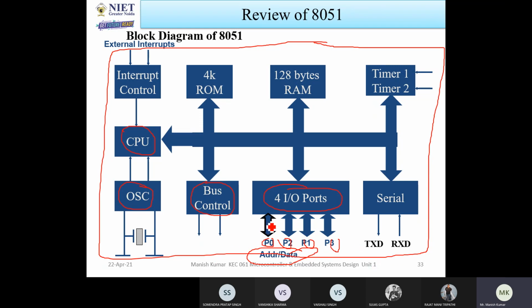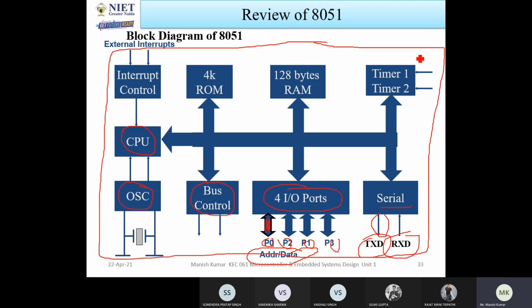Now you can see this line is thicker. It means P0 has more than 1 bit. Already I told you, whatever ports there are, P0, P1, P2 and P3, each is 8 bit. So it means 8 different lines. That's why it is not indicated like this. Again, serial communication: one serial interface, for transmitting and receiving data. If you connect this controller with an input device, you can receive data from it, and for an output device you can transmit data.